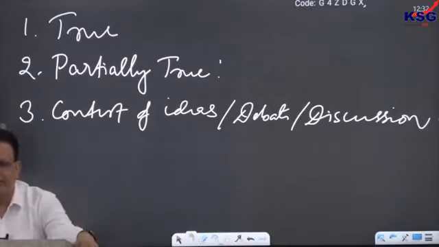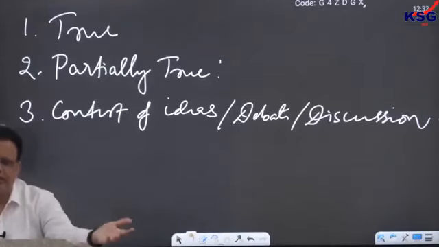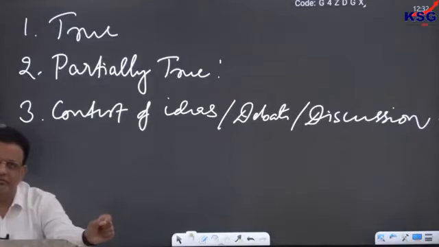Next one, can we count the practice of triple talaq as liberty of minority, though it is very unfair and regressive in nature? Sujit. Though about triple talaq we will talk in tomorrow's class in more detail. But according to this, who is to say that it is unfair and regressive? Are you in a position to say that? So if some people are doing it, are they stupid people?